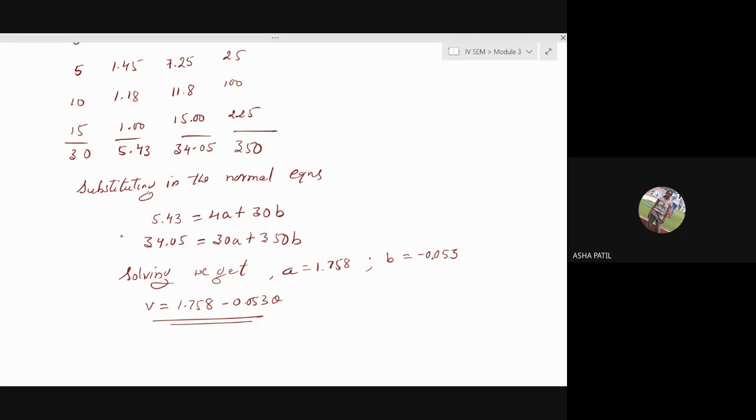Very easy examples here in curve fitting. If only you make mistakes, then it will be difficult. Otherwise, no problem in doing these examples actually. Very easy ones. One example will be there surely on curve fitting.